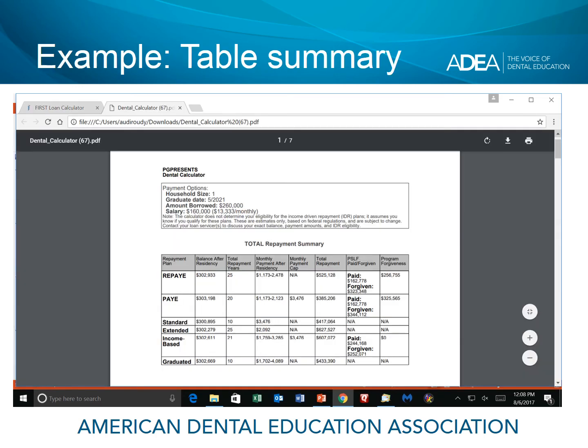And that will take you to a table summary, a total repayment summary that gives you information on repayment under all the different repayment plans, such as Revised Pay As You Earn, known as REPAYE, Pay As You Earn, known as PAYE, the standard 10-year plan, the extended 25-year plan, the older income-based repayment plan, known as IBR, and the graduated 10-year plan. And you'll notice in this table, you can also see how many years you have to repay, what the monthly payment amounts would be, the total repayment under all the different plans,